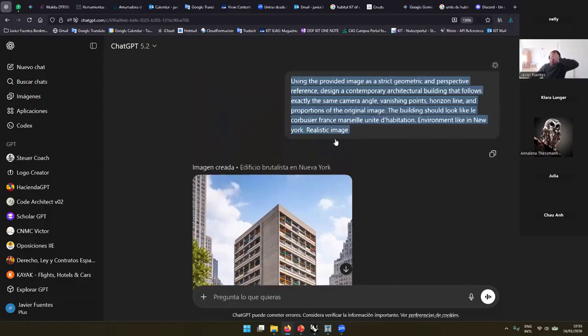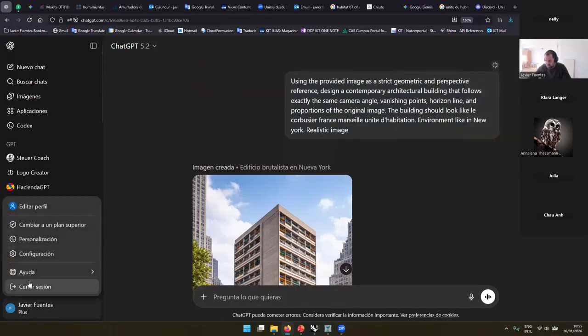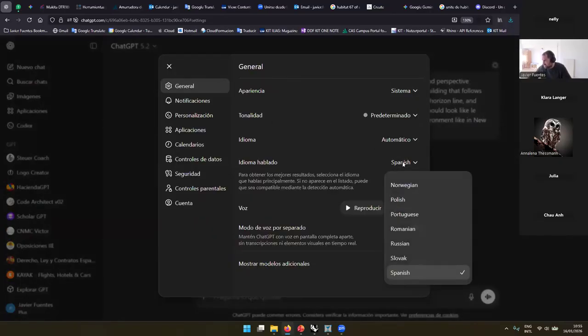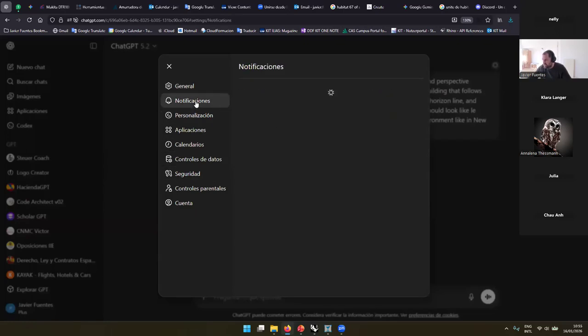Maybe you don't want to share your data. I think that when you create your ChatGPT account, you can, in options, in configuration. Sorry, because this is in Spanish. No, this is a spoken language. You have somewhere here that